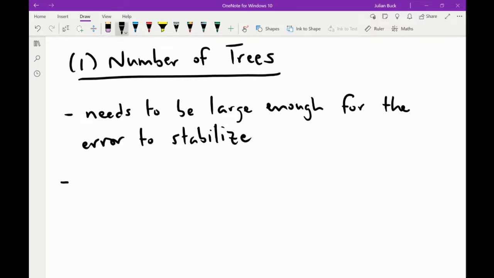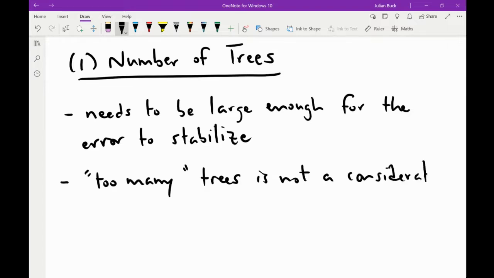Just like with bagging, there's no such thing as too many trees. It is not a consideration for performance. Okay. So we can't over aggregate. We can't get, say, an overfitting from using too many trees. What is a consideration is